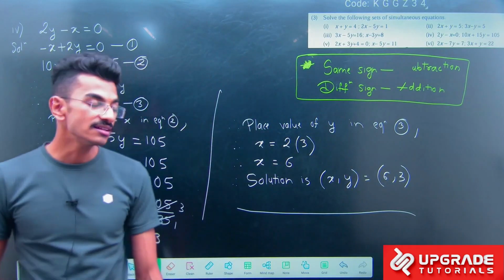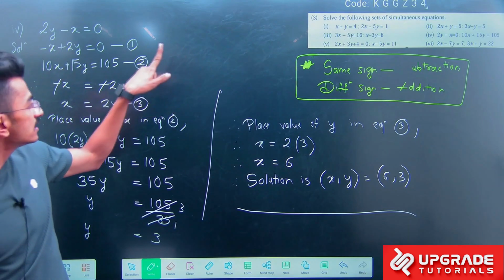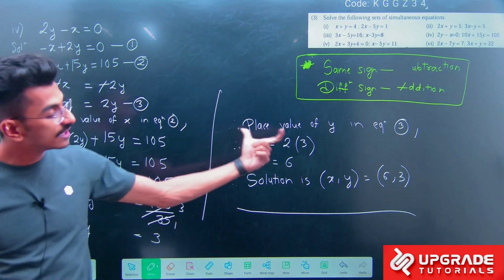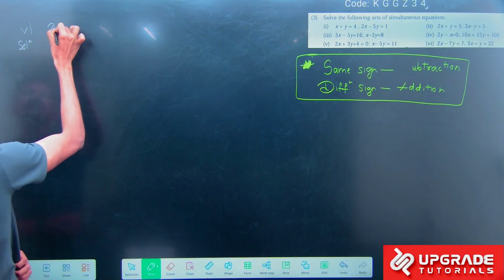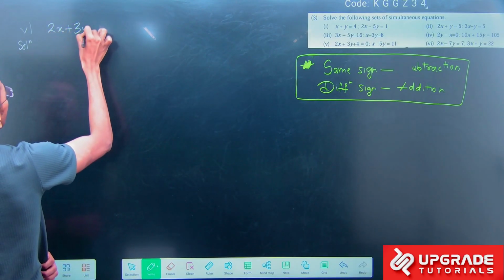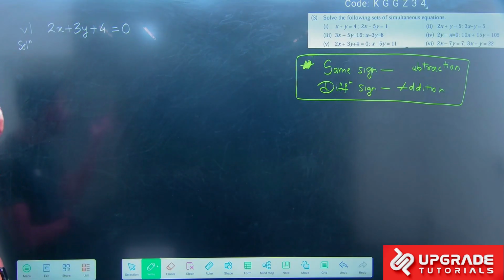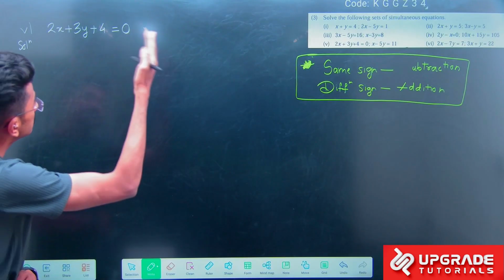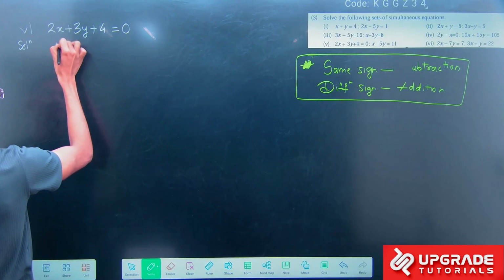So, you get the answer? Yes. Simply, from here we found the value of x, placed it in equation number 2, and then we got the value of y and then placed it in equation number 3. Now the next equation: 2x plus 3y plus 4 is equal to 0. What I have said: arrange toward the left hand side in x and y order and constant terms toward the right hand side. This equation is also correct, we are just rearranging it.